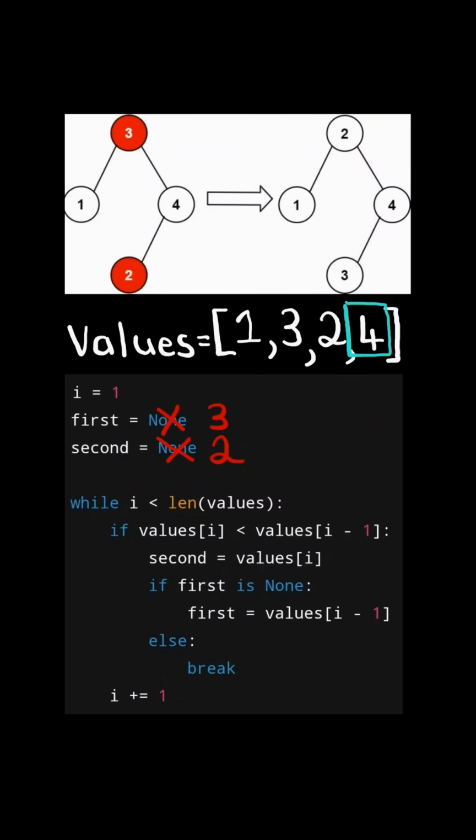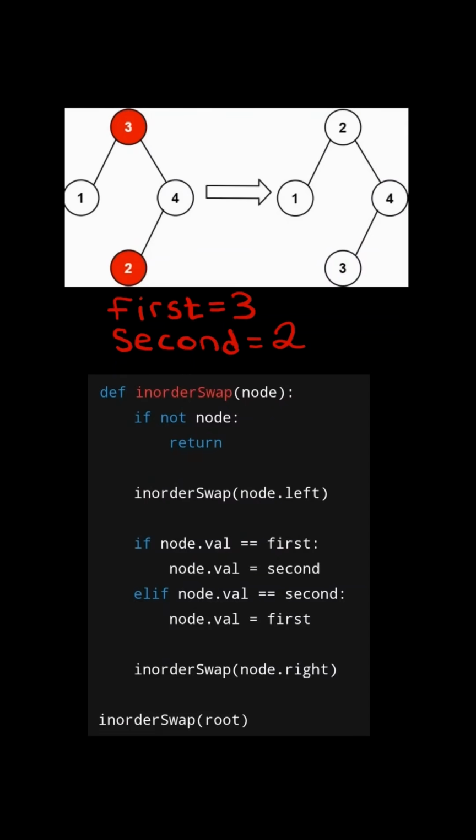Let's just assume hypothetically instead of a 4 it was a 0. We would notice that it's not increasing, and in this case we would only want to update second. And so we would break out of this loop and ultimately swap 3 and 0, which would give us an increasing list. Anyways, let's go back to our current scenario. It is increasing, so we don't do anything. At the end, we would have found the 2 numbers that we need to swap,